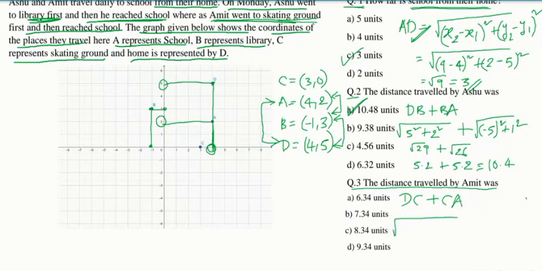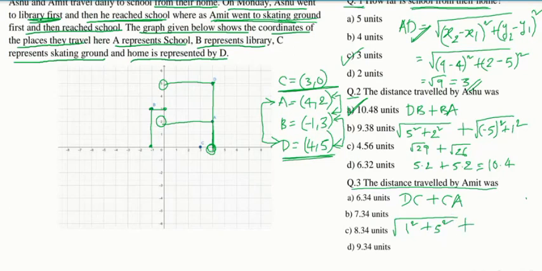So consider D and C now. D here we have, C here we have. So these 2 points consider. One point you consider as x1 y1, another point you take as x2 y2 and apply the formula. So 4 minus 3, 4 minus 3 is 1. So 1 square plus 5 minus 0 is 5. So 5 square, plus CA.